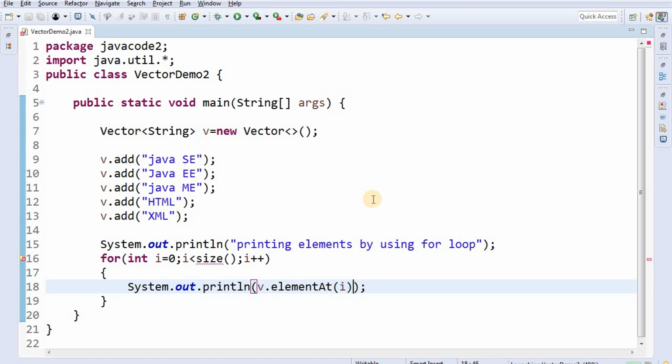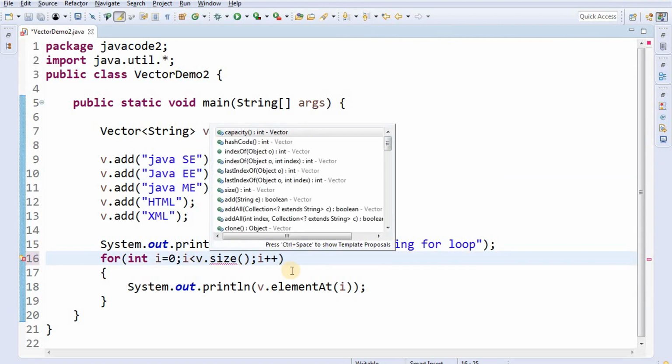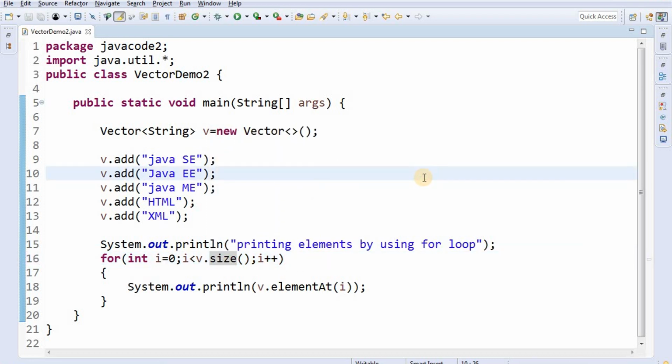In the console window, we can get the results. Here is the console. Try to run this. Here we are getting an error, that is v.size. Now again run this.